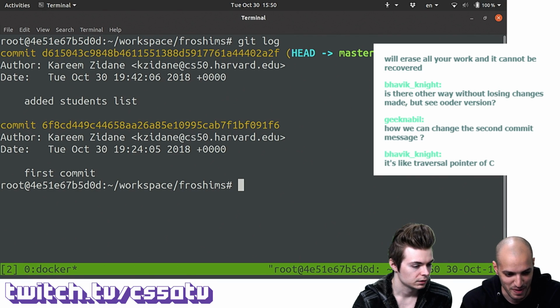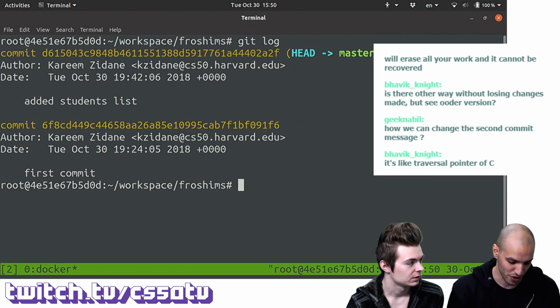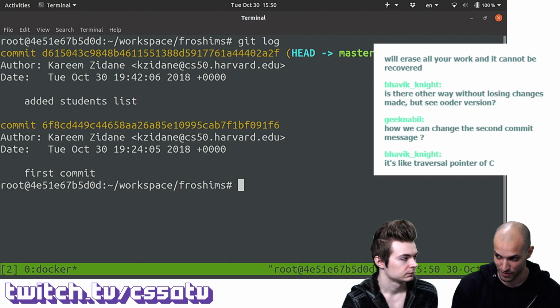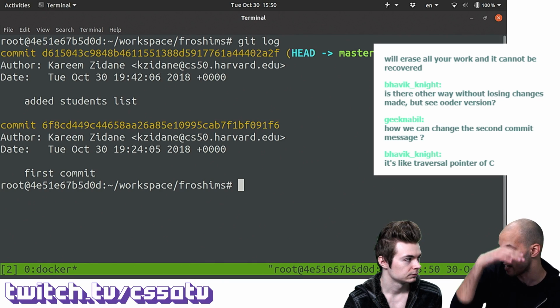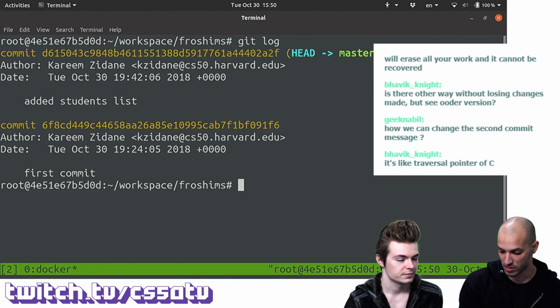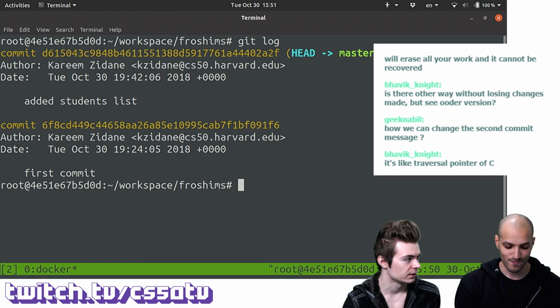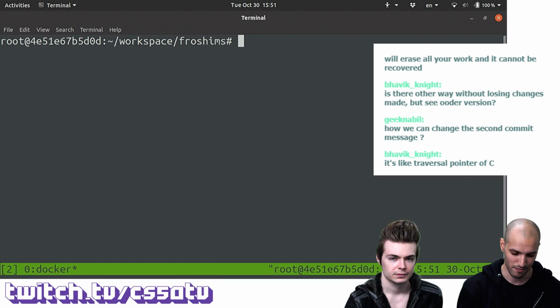How can we change the second commit message? This is a little bit more tricky, and the reason is the integrity of data. You can't change the contents of a commit in the middle without changing all the history that follows it. Part of the information of the commit, like the parent commit, is also taken into account when computing this hash. So it'd have to propagate to all the commits after that one, basically? Correct.